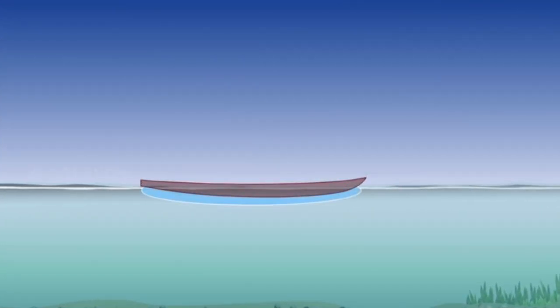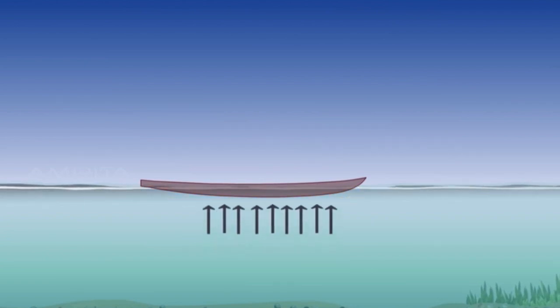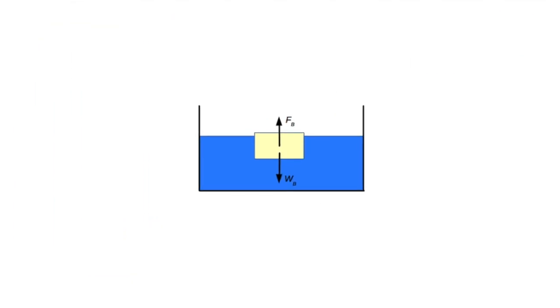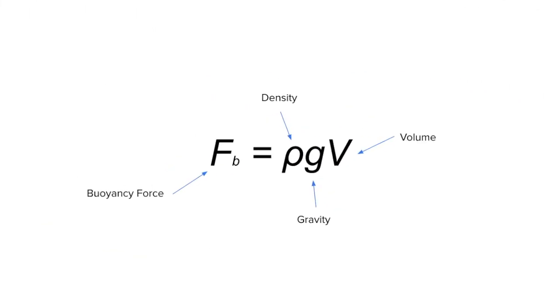remained afloat. Another explanation for why our boat floated was the aforementioned buoyant forces between the water and the boat. By definition, buoyancy or buoyant force is a force exerted on an object that is wholly or partly immersed in a fluid. Buoyancy is caused by differences in pressure acting on opposite sides of an object immersed in a static fluid. Since there is a difference in the pressure between the atmosphere and the water below, there is a buoyant force in play. In order to calculate a buoyant force, we must use the equation shown on the screen given